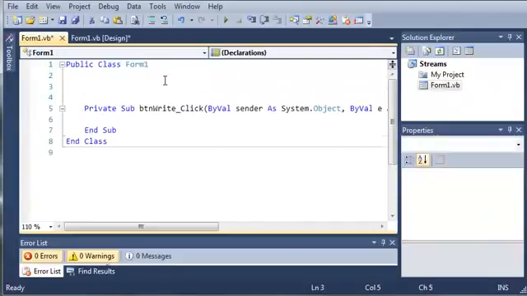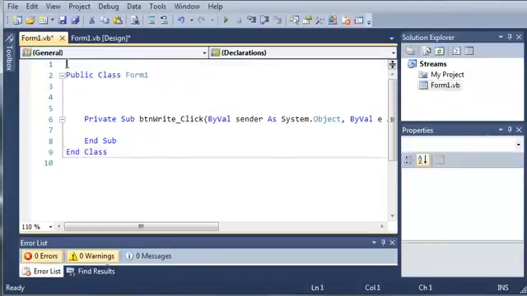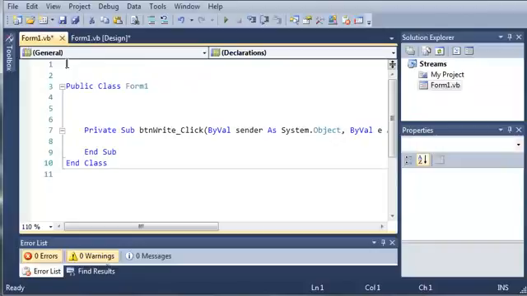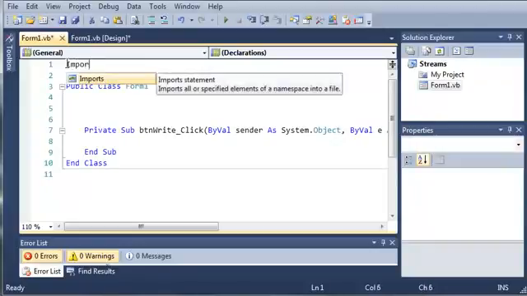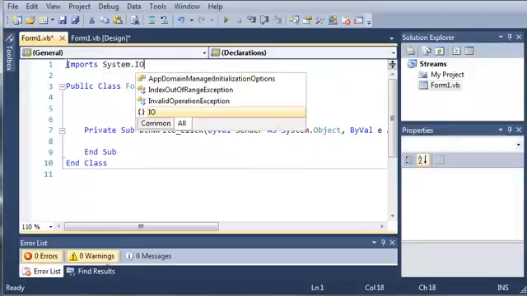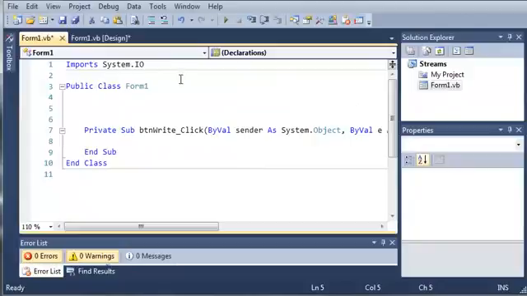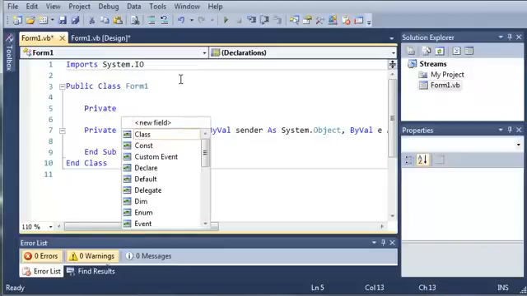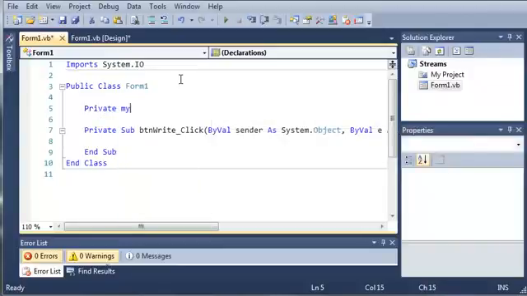Now what we need to do is create a StreamWriter so we can write to a text file. So we'll come up here, and to be able to do that we need to type in imports system.io, and IO stands for input output. So we'll create a new StreamWriter now. So we'll type private my writer